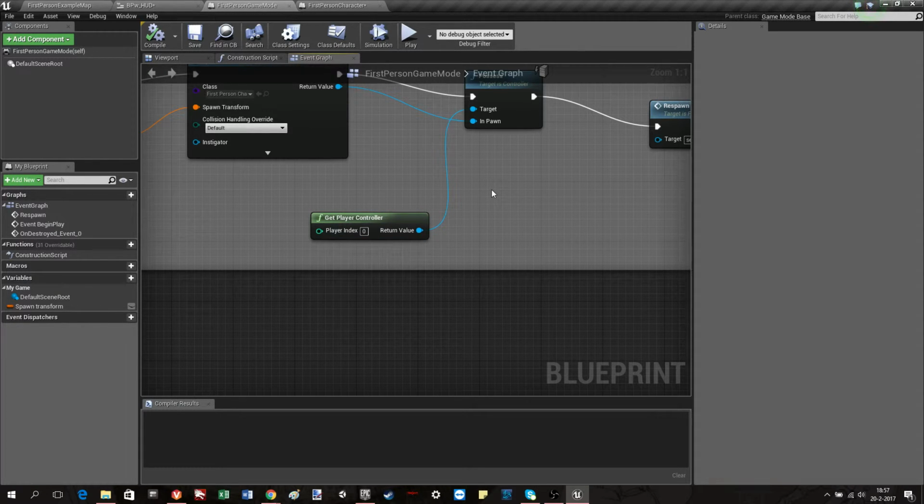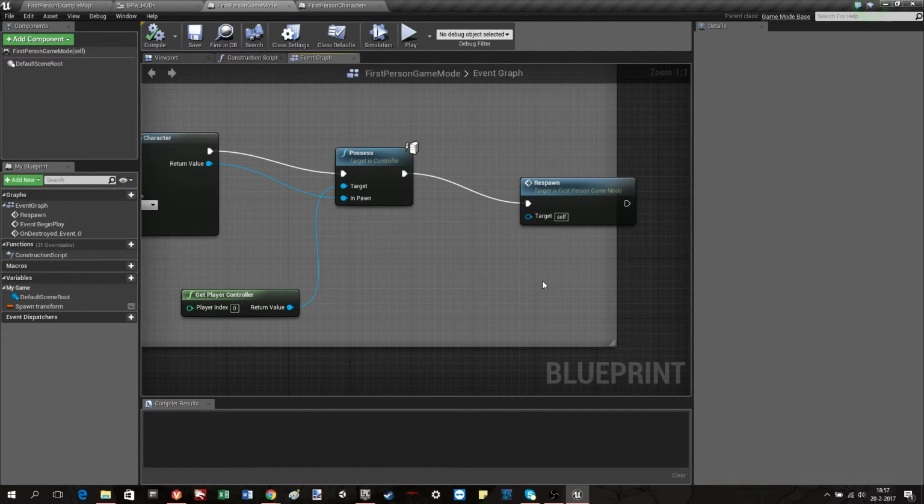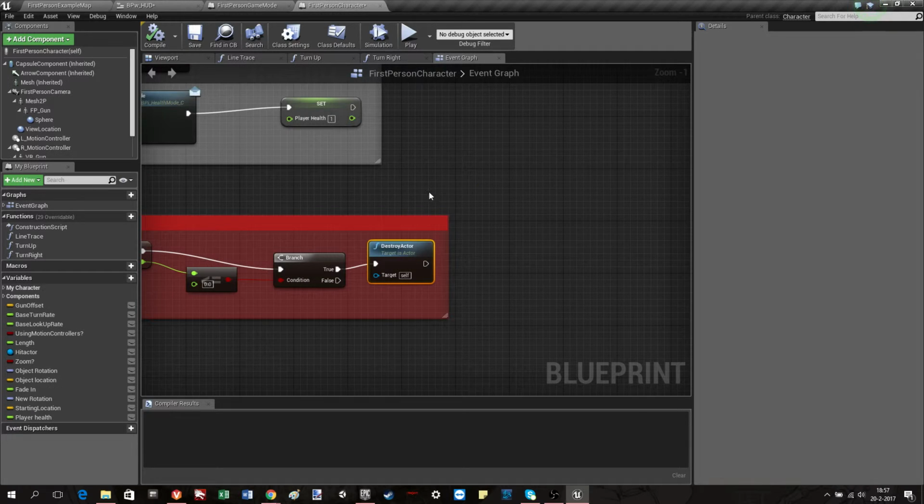Certain pawns and characters need a controller. If it's the player, it's a player controller. If it's an AI, it's an AI controller. And again, 0, the first number, is for the local player, for player 1 basically. So that's what you get, and you use it to possess the first person character, and then you activate respawn,